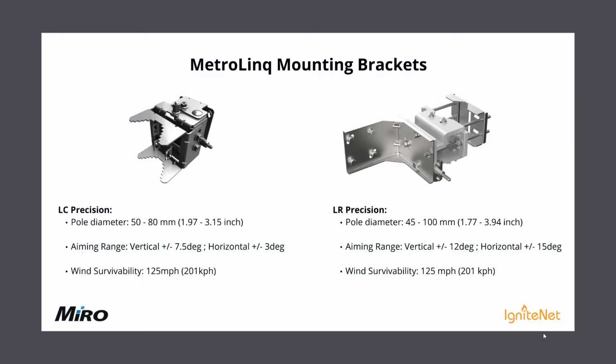Wind survivability is 201 kilometers per hour, so they're quite robust. These brackets are really sophisticated, really robust, bulky, and it's really going to keep the radio up and strong up there. And obviously, it's a very niche frequency, so you don't want your bracket to affect your configuration of